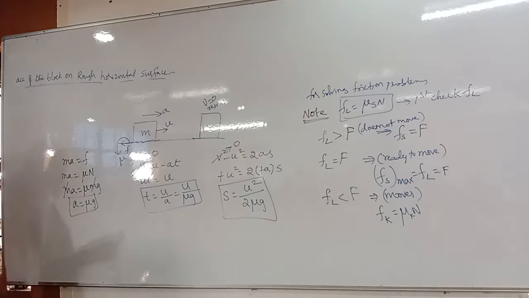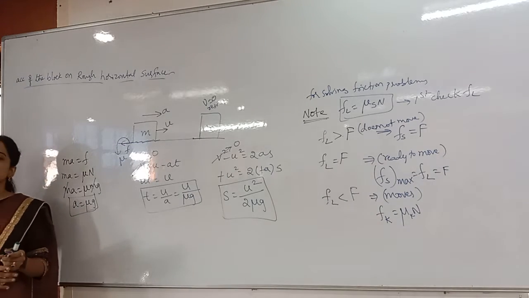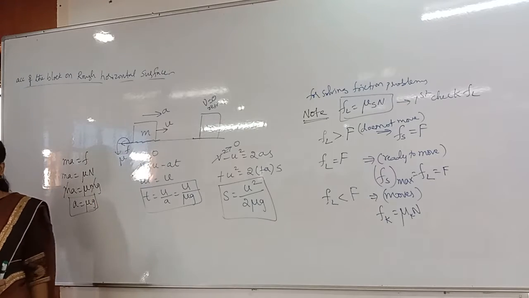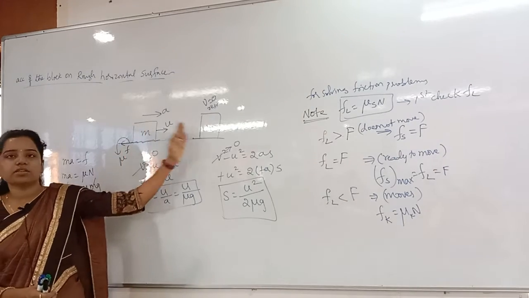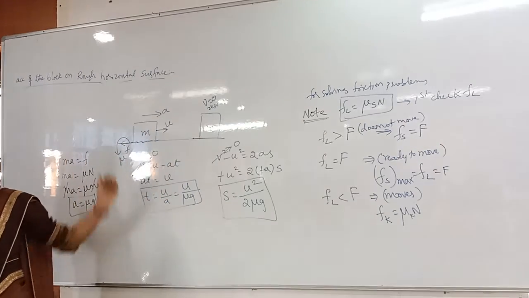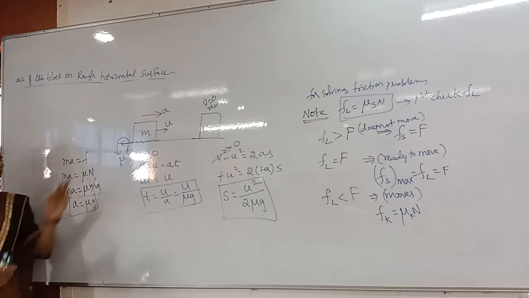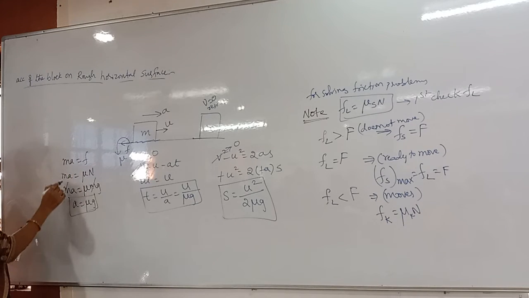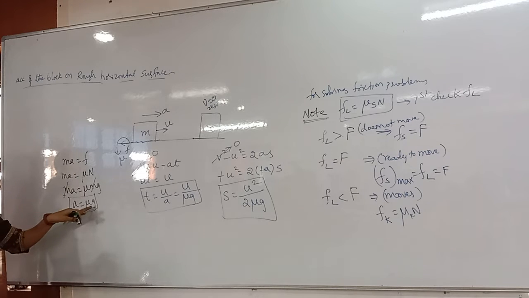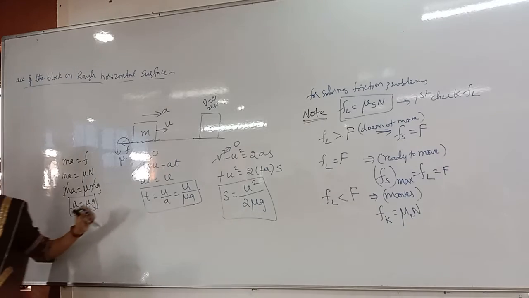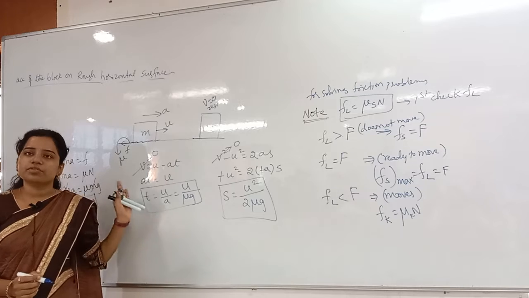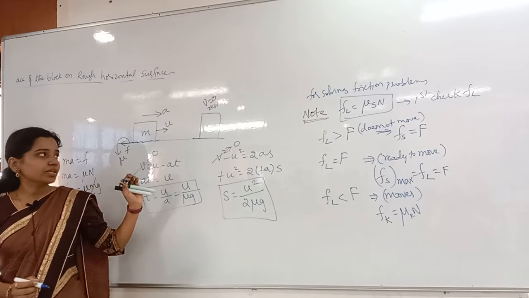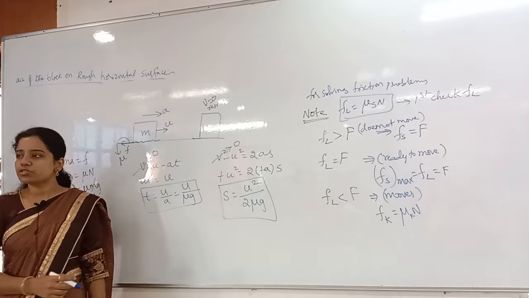Everybody got this? Yes? Whenever the body is given an initial velocity u, finally it is coming to rest. To find the acceleration, first of all, if you are giving the initial velocity in the forward direction, then friction will act in the backward direction. So ma is equal to f. Of course, here you can even write it as minus a also. There is no problem in that. Then here acceleration is equal to mu into g. And also now I am asking, the time taken to stop the body: v is equal to u plus at I have taken. In that, the final velocity becomes 0.